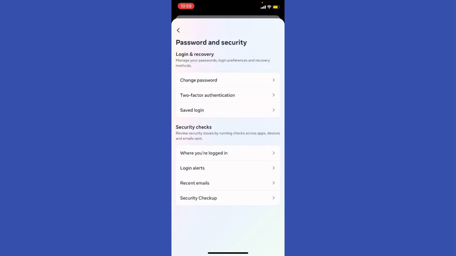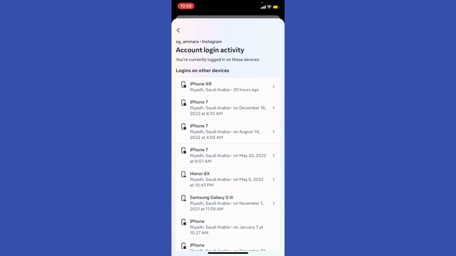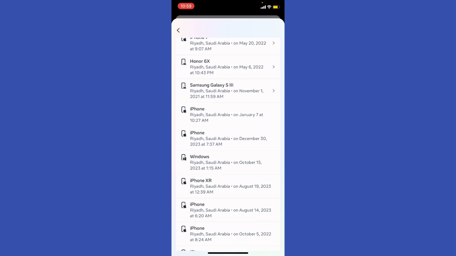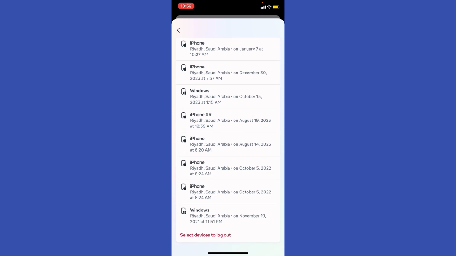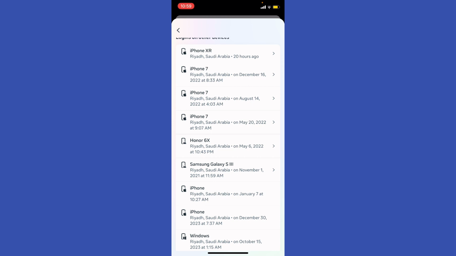And from here, you're going to see security checks. And from here, you're going to move on to the first one, which is where you're logged in. And from here, you're going to select the account that you want to see the history of. So I'm just going to click the third one, for example, and here you're going to see iPhone XR, iPhone 7, Honor 6X, Samsung Galaxy, and you will see the devices that you've been logged in on in the last few years or few